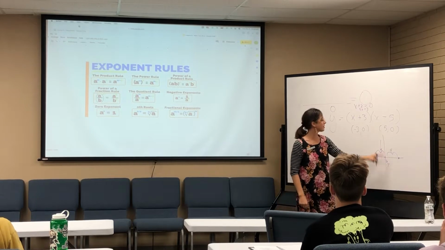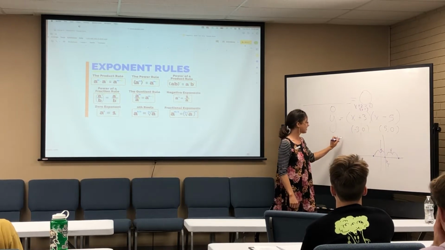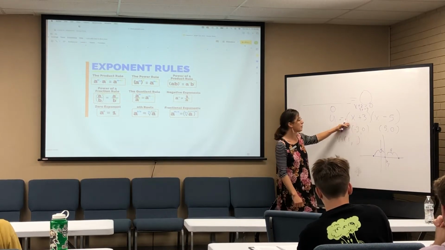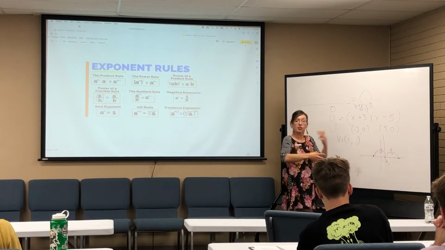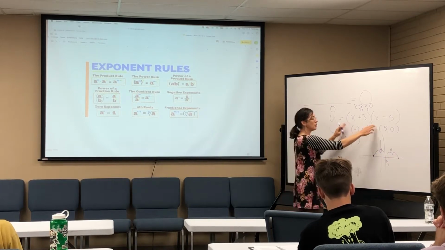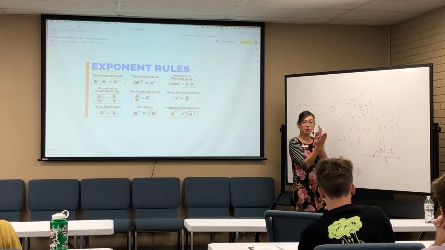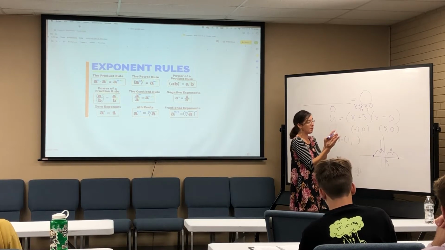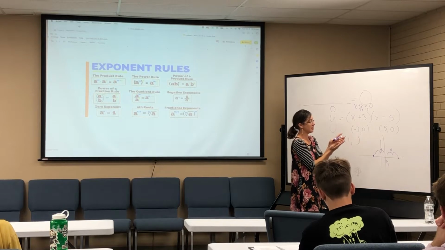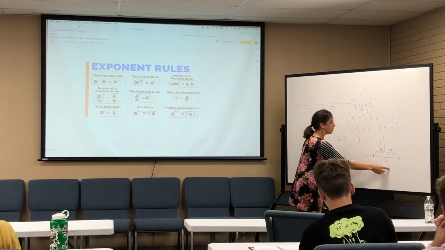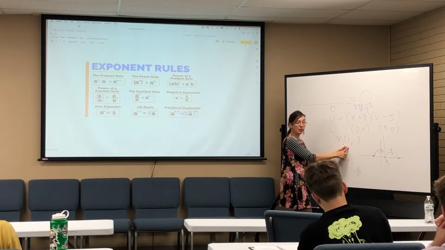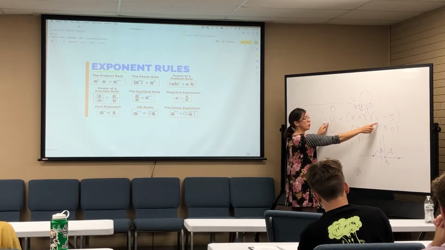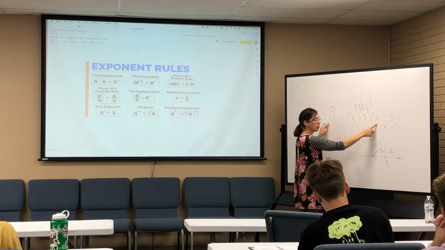So now what I automatically know about this, my vertex is at 1 something, right? So we're able to take where we're at and start gathering all of our information. So here we started with solutions. My axis of symmetry has to fall right in the middle of them. So we find the mean of them, the average of it. Goes right in the middle. The axis of symmetry also tells me the x value of my vertex. So then to find the y value, I simply do what? When x equals 1, I'm going to plug it back in. So I'd have 4 times 4, so y would equal